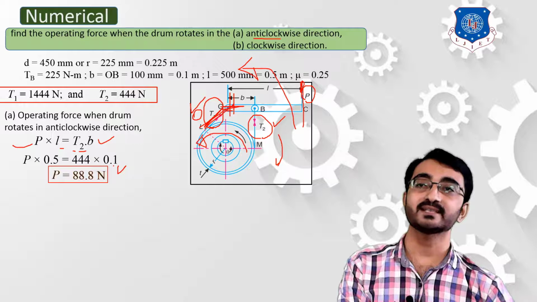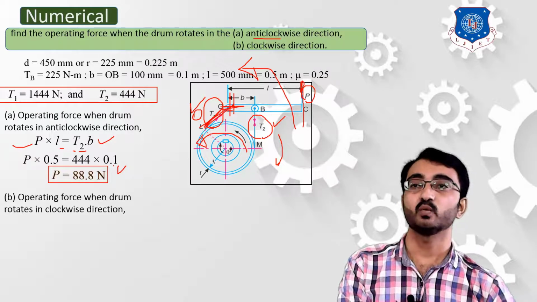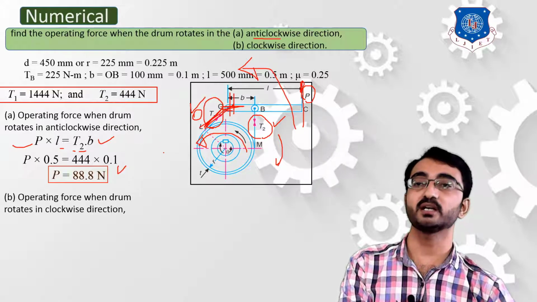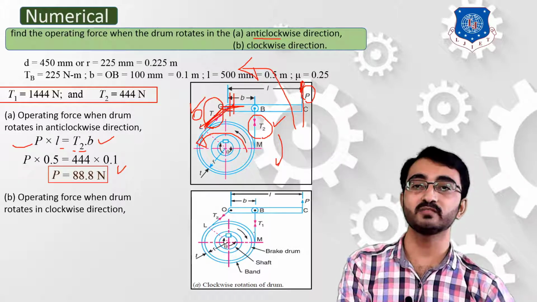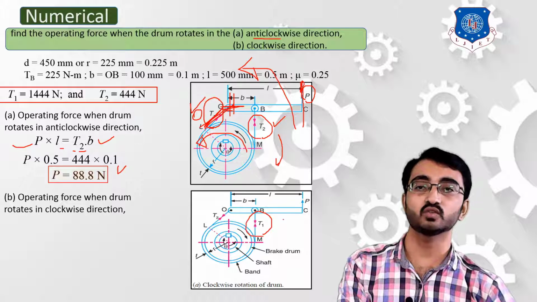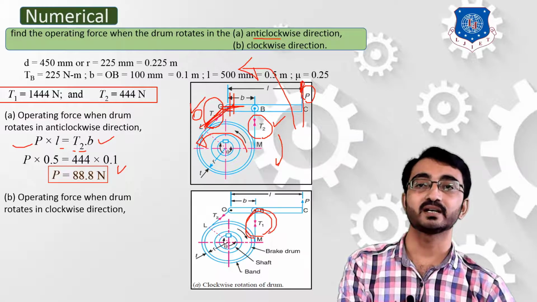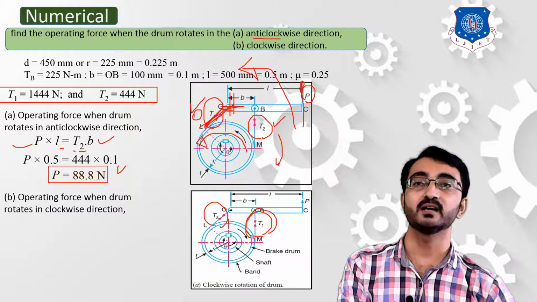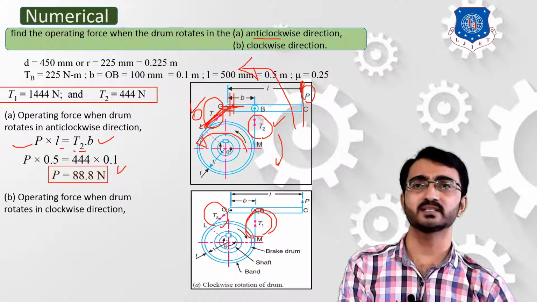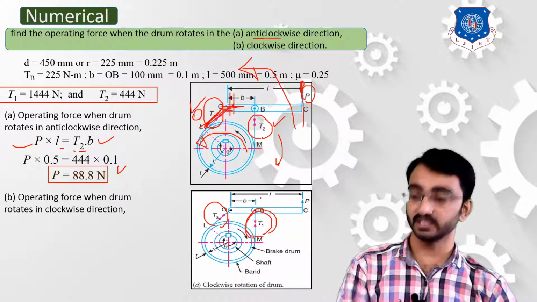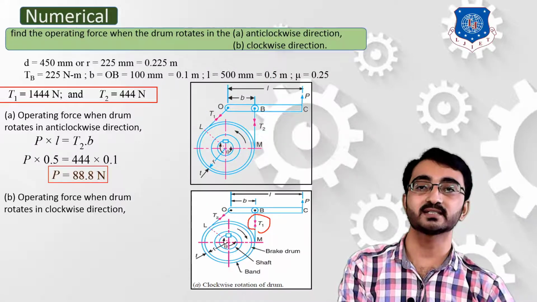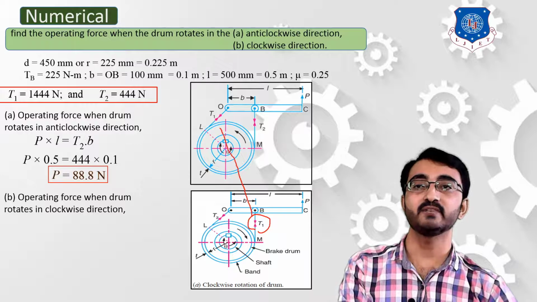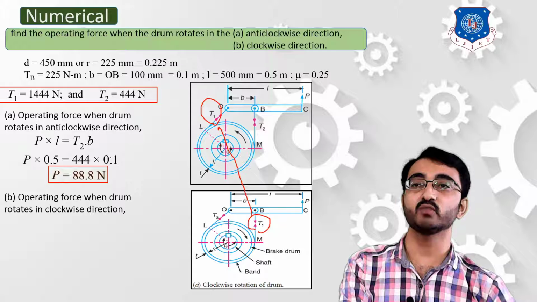Now let's consider the second condition, when this wheel is rotating in a clockwise direction. In that condition we have to consider these forces in an opposite manner. So over here your T1 will be on the right hand side and your T2 will be on the left hand side. Just refer to these two diagrams. The only change between these two diagrams is the position of T1. Over here it is considered on the right side, while in the previous condition we assumed it on the left hand side. So that will change the equation of moment.